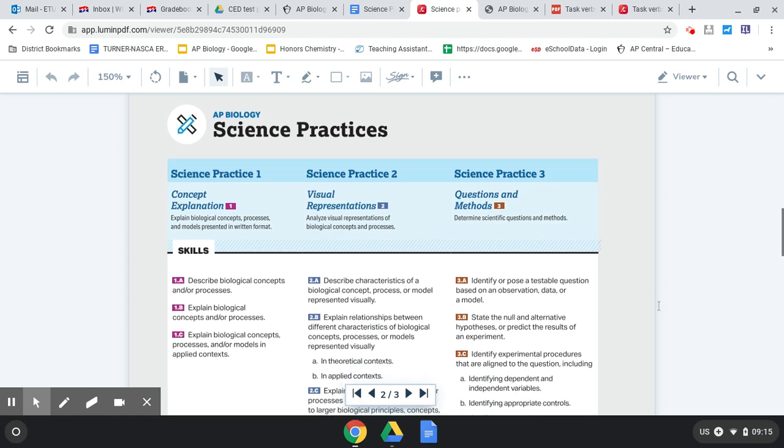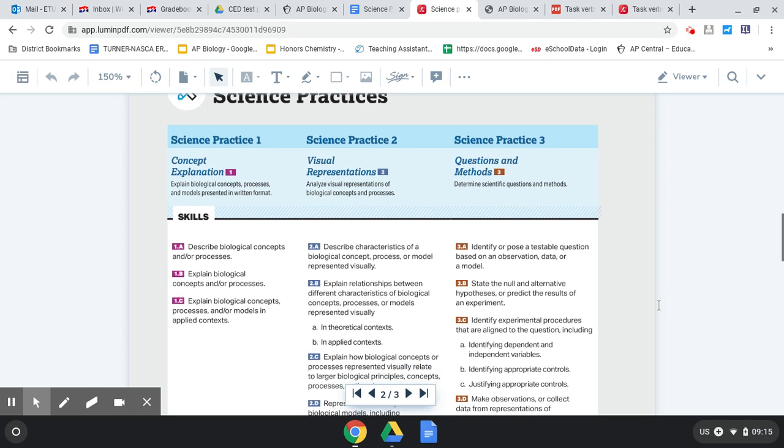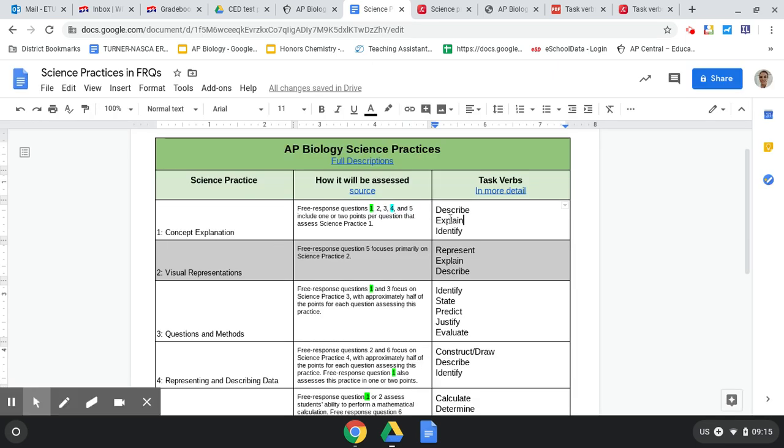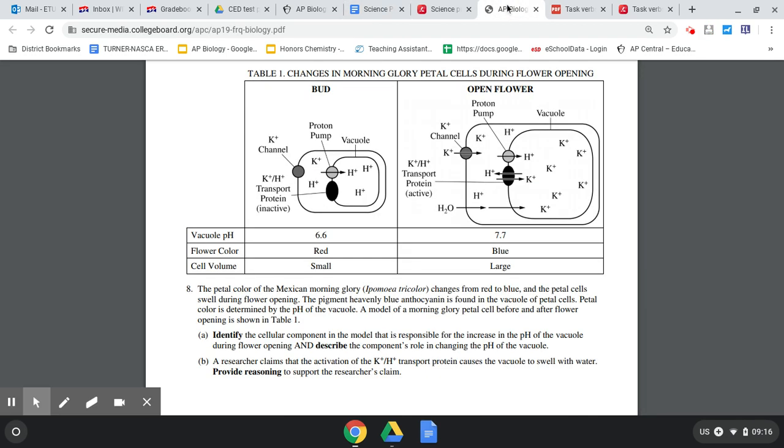So here are the science practices from the course description. Let's talk about practice 1. Practice 1 really is just concept explanation. So what are some of the task verbs that you would have to use here? For practice 1, you're going to be asked to describe or explain or identify. Okay. So if we look at a question,